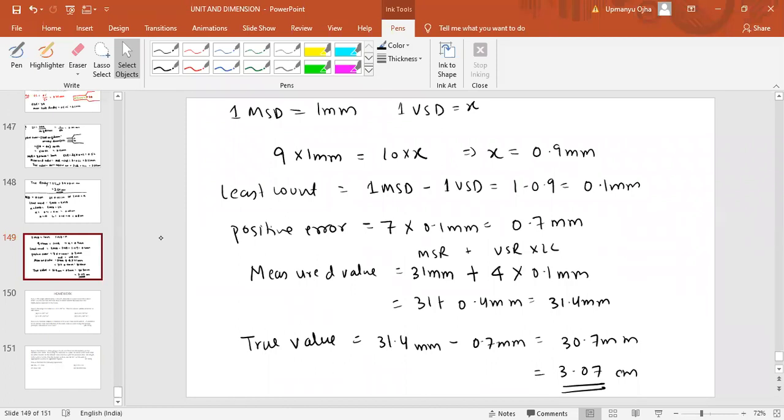No, no. See, what I am telling you, just understand that. Don't put positive negative error sign. Whenever negative error will come, you add negative error in the measured value. If it is positive error, you subtract. Don't put negative positive sign here. Just understand that if it is negative error, you have to add in the measured value. If it is positive error, you have to subtract like this. Don't put plus minus there.